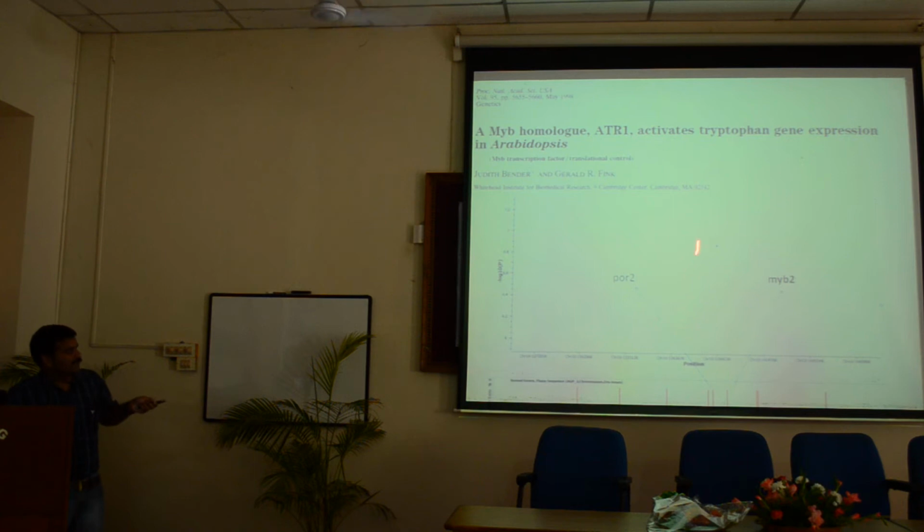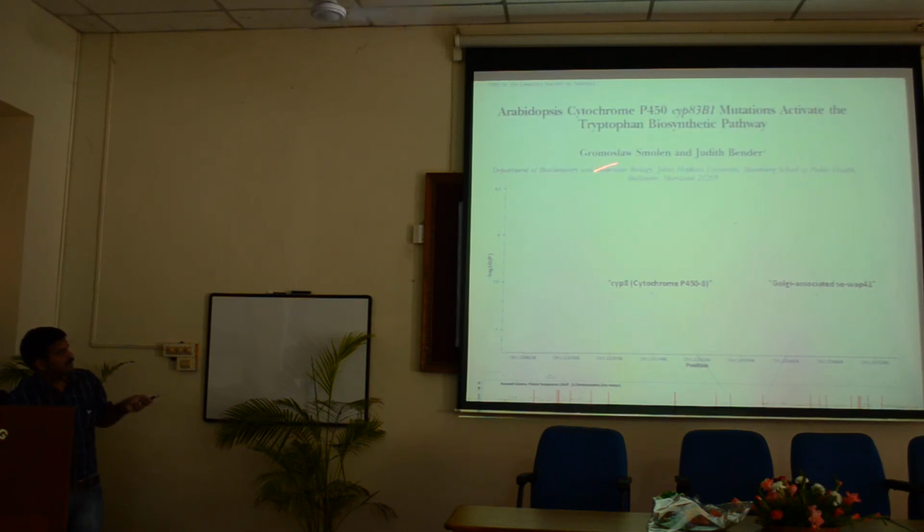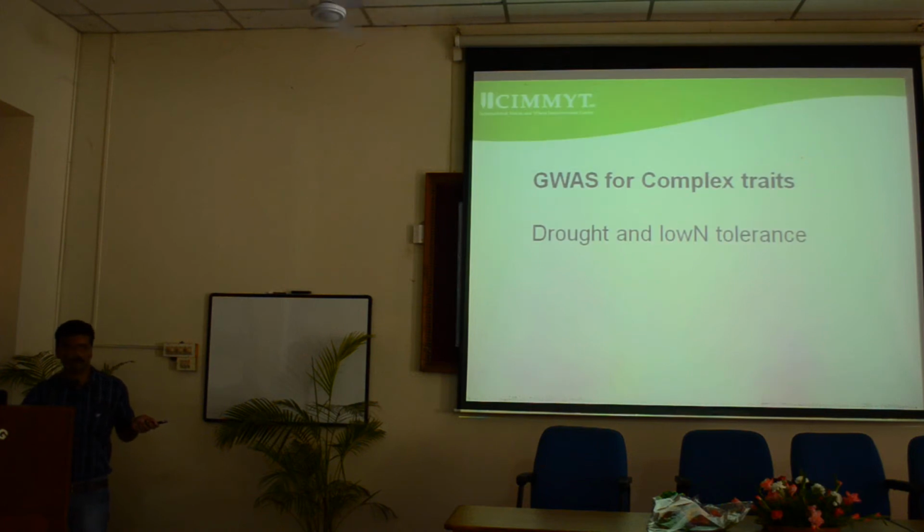To get this kind of resolution from a mapping experiment, if you use biparental populations, you need to analyze at least 10,000 plants in one population. Whereas in this case, we used only 300 lines. So that is the power of association mapping. Similarly, another high peak was flanked by 2 genes, and one of the genes was associated with